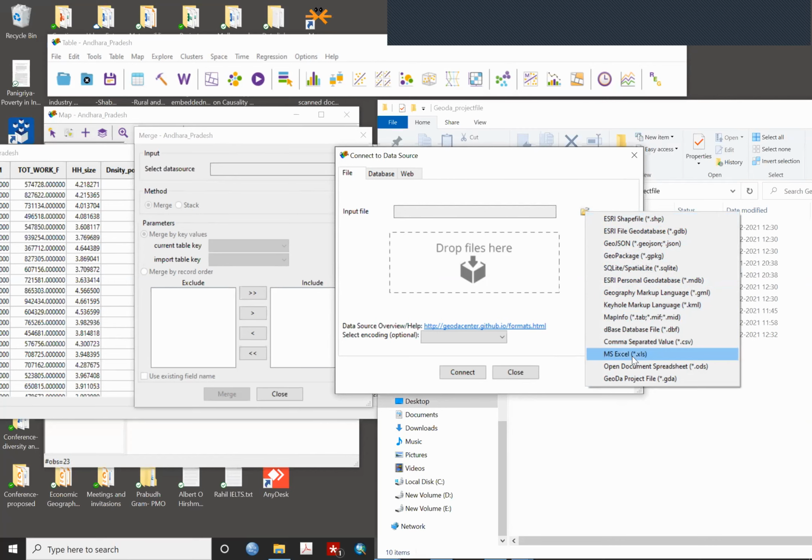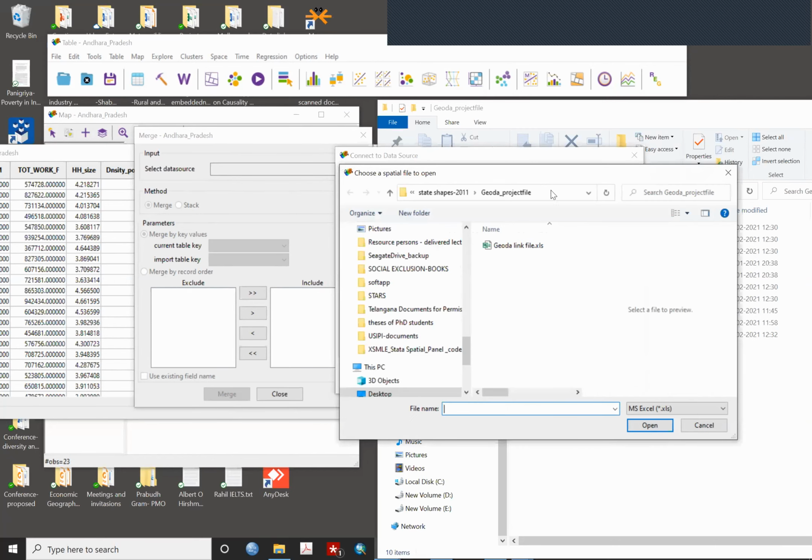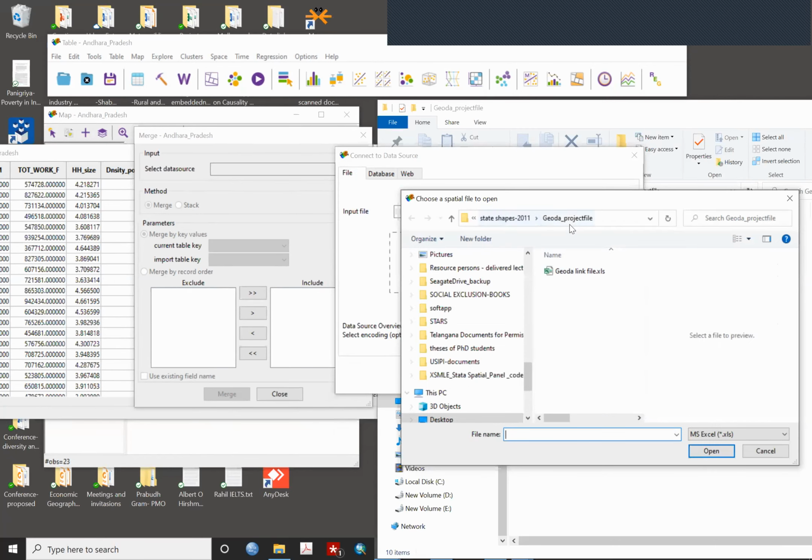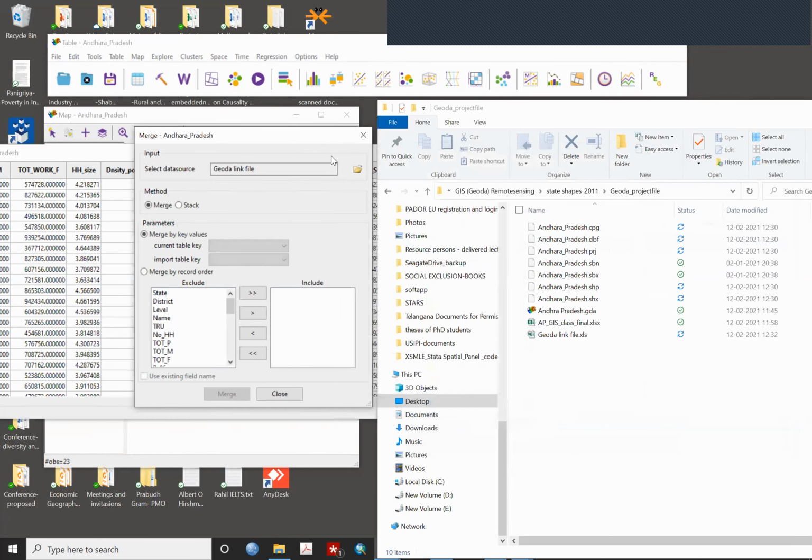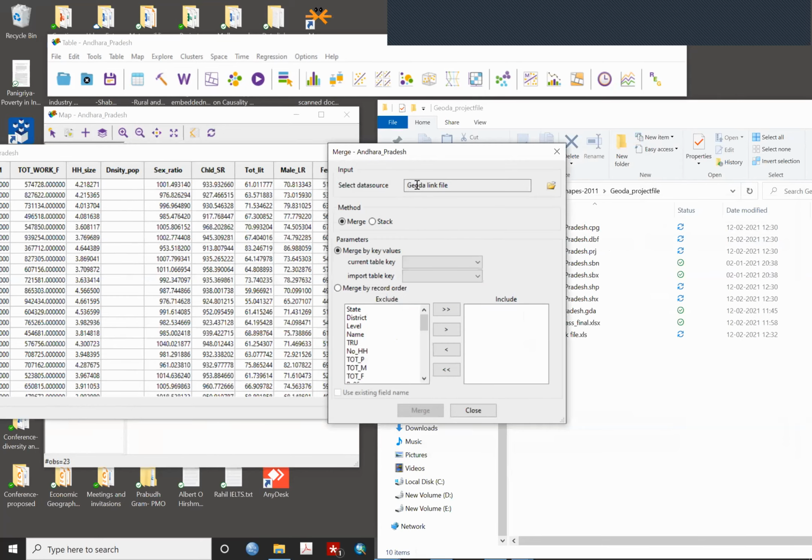Go to MS Excel, and locate the folder where you have put the data. For me it is opening, otherwise navigate. I have the Geoda link XLS file. Press on it and say open. Once you did it, the Geoda link file has come here.